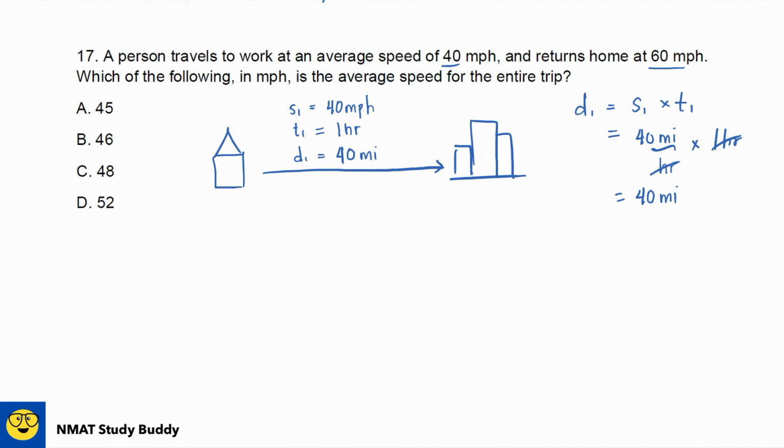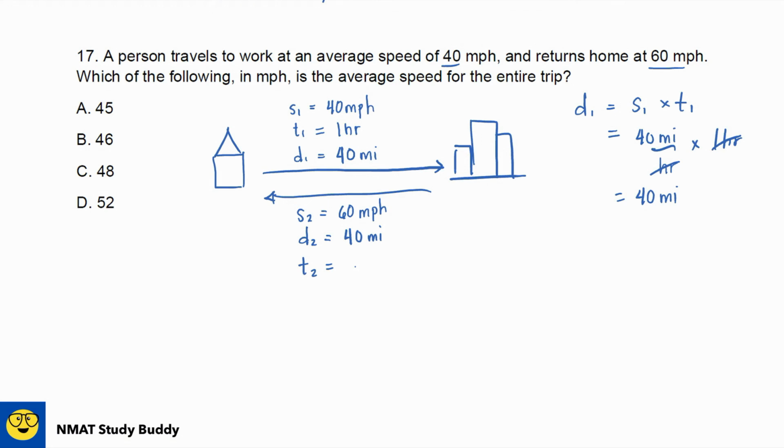And if you notice, of course, on the way back the distance is the same. Of course, he takes the same route, so let's assume the same route on the way back. We are given an average speed of 60 miles per hour. Then the distance back is the same as the distance going there. So, 40 miles also. And now that we know the speed and the distance, we can get the